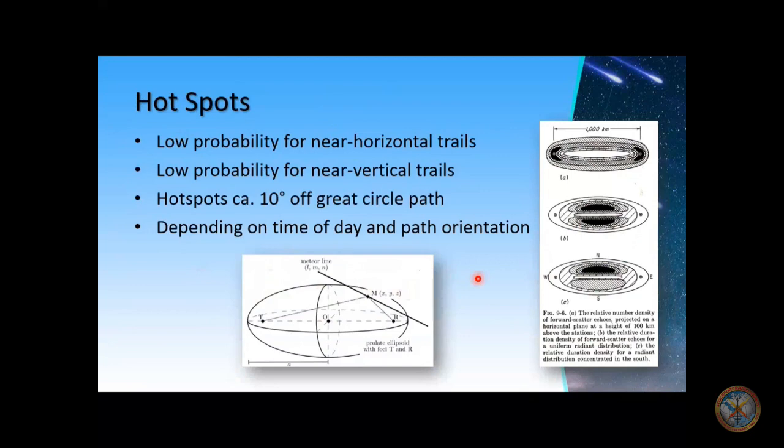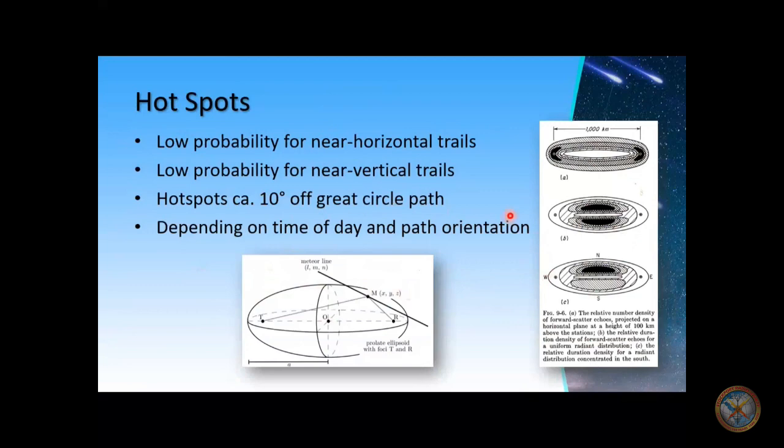If it's vertical, it doesn't work, because vertical would be on the ground, not 85 kilometers high, so that doesn't work. So in the real world, you get hotspots about 10 degrees off the great circle path. Depends a bit on the distance, but even on a longer path, you still get those few degrees off the path. And it depends also on the time of day and path orientation. It would be equal on both sides